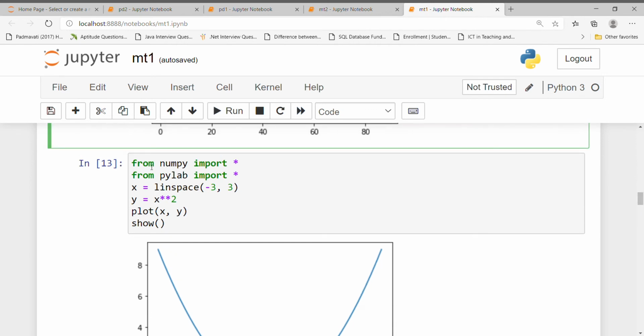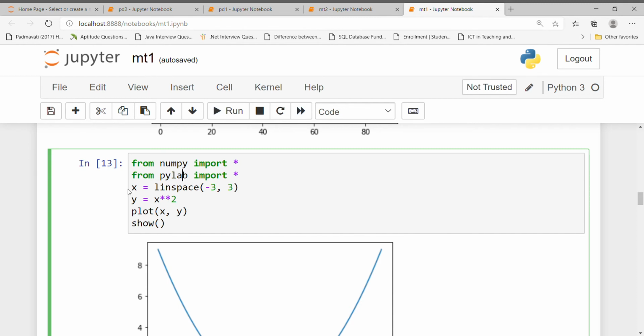Here again we have imported NumPy. Again we have imported PyLab. PyLab is a module that imports matplotlib PyLab for plotting and NumPy for maths in a single namespace. So why is PyLab used? Because PyPlot and NumPy are imported in a single library which is called PyLab.